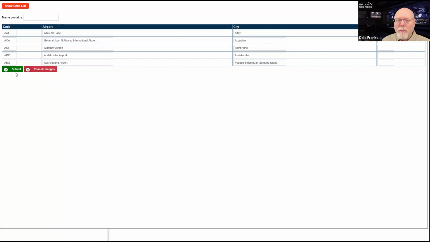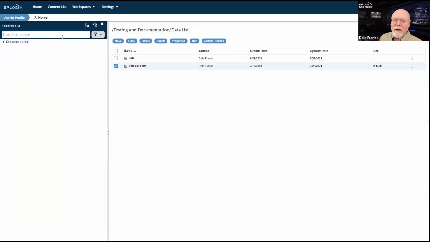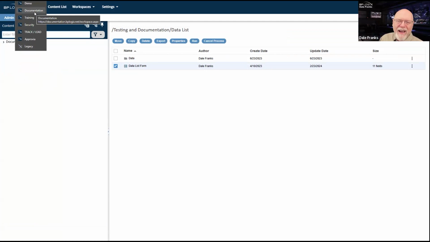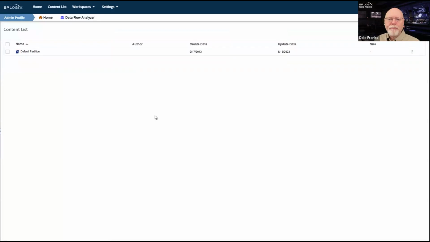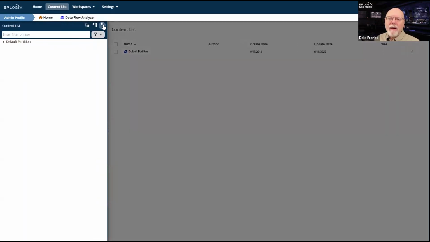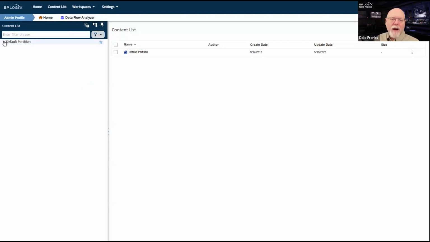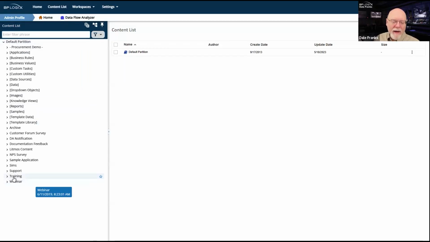And so what we're going to do is build this from scratch and try to run it. We are going to try to run it on the other server. So I am going to switch back over to the training server, which is where my data is anyway. So we're going to go over to training and we're going to run it off of that server. So back to training. And once again, I just like having my content list up.